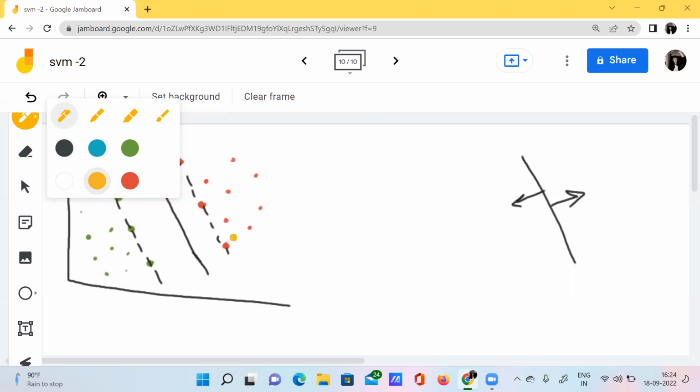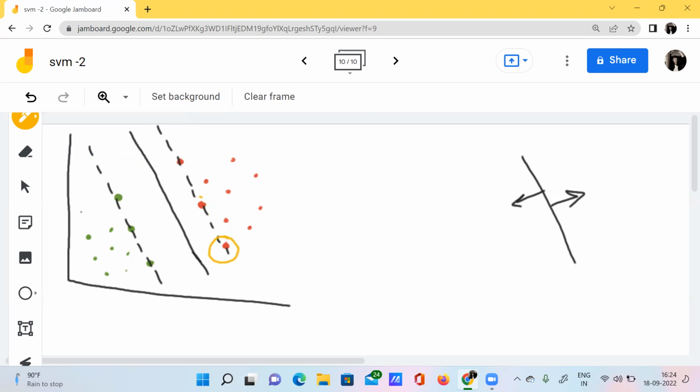I can call some kind of data points as support vectors. Those are nothing but this data point, this one, this one, this one, this one, this one.